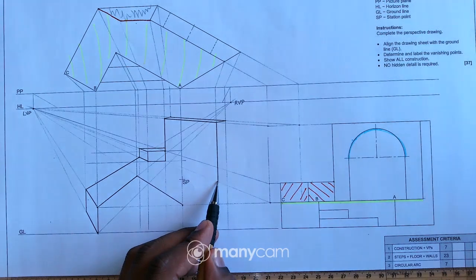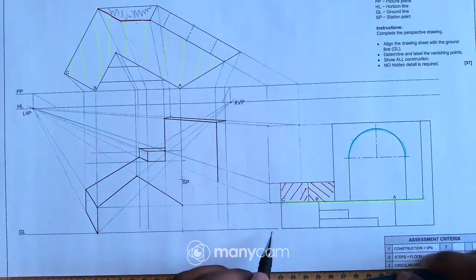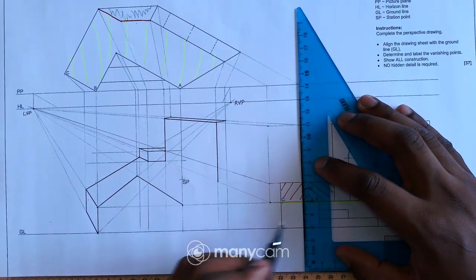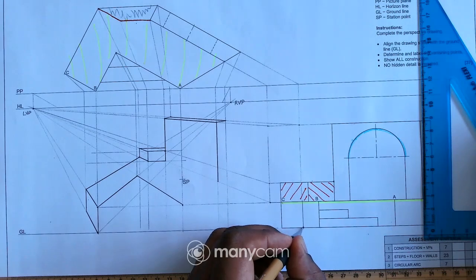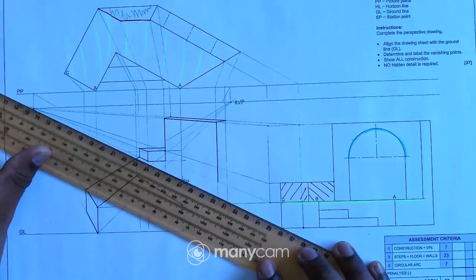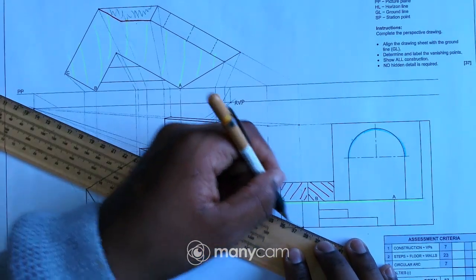Okay, perfect. And now the ground level of that section is here. So I can just project this down to the ground line. So I have a point there. From here I can just take this point to the LVP, like that.